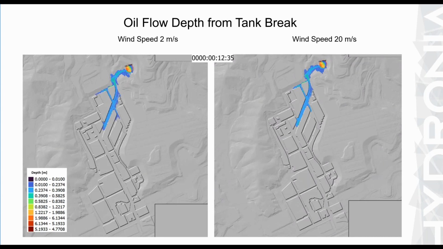This is an example of the model applied to simulate a tank spill. There is originally a tank over here that contains oil. The tank bursts, and then the oil starts flowing on this urban area through the streets. And this color represents the oil thickness or oil depth along the simulation. And the two different